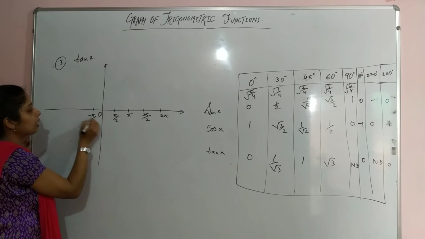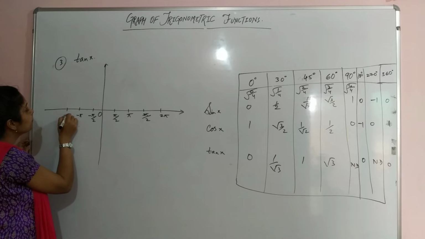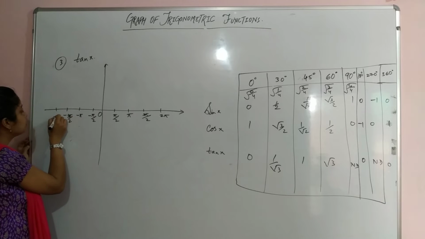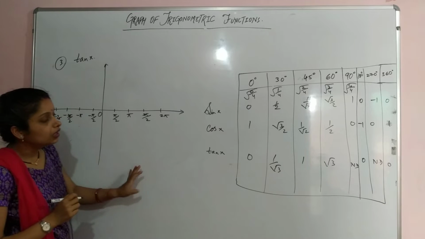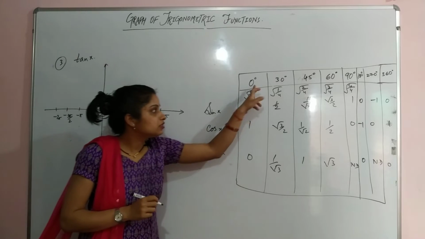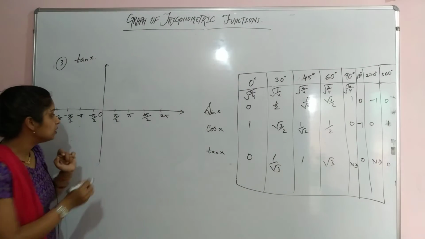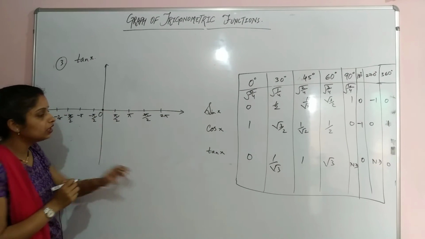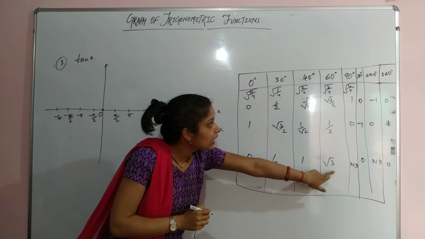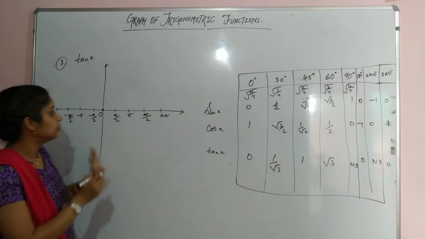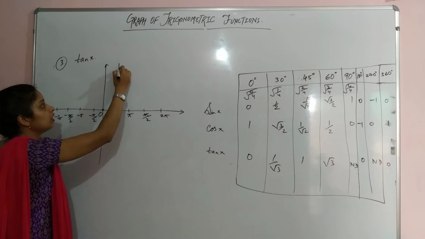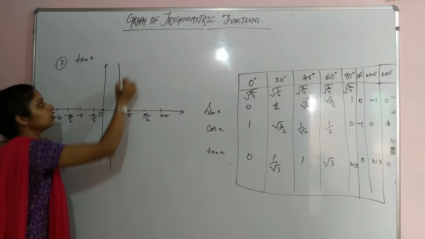Similarly here minus pi by 2, minus pi, minus 3 pi by 2 and this is minus 2 pi. Now let us see at 0 degree the tan value is 0. So here this is the point. After this at 90 degree it is not defined. Okay. That means if I am drawing this line